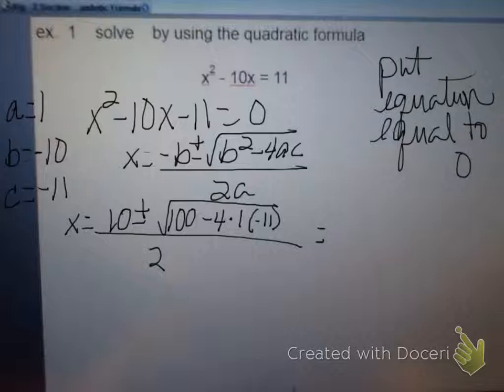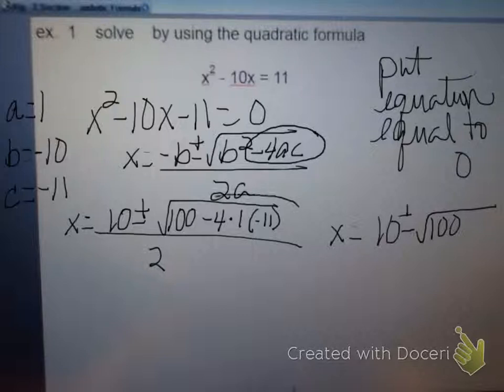Okay, next step is you want to rewrite the x equals 10 plus or minus the square root and bring down the b squared, which is 100. Now what I want you to do is circle this negative 4ac. So circle it right here. It helps keep your eyes focused on the negative signs because this is where people make their mistake. Negative 4 times 1 times a negative 11 is a positive 44